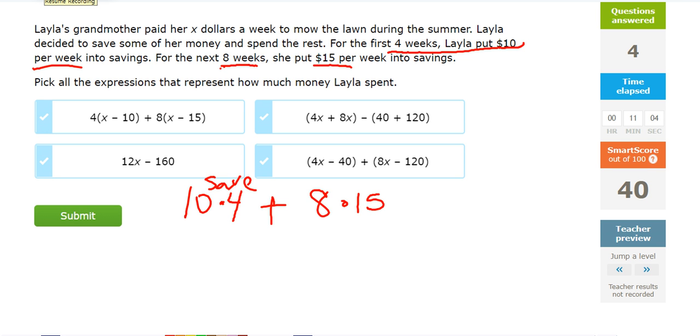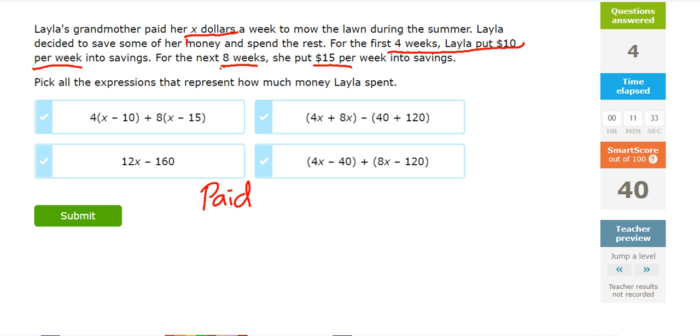All right, so let's clean this up a little bit. Actually, you've got to go back. We forgot about the X dollars a week. Maybe you didn't forget, but I forgot. So here's what's really happening. This is important, and this is why you take your time and work through these. If she got paid X dollars a week, that means that she's going to get paid